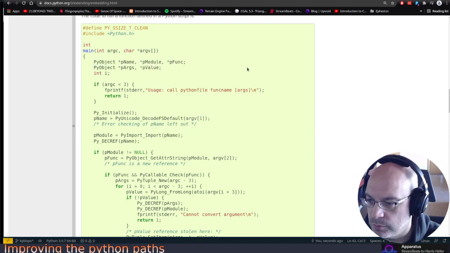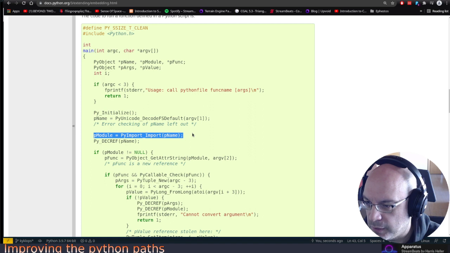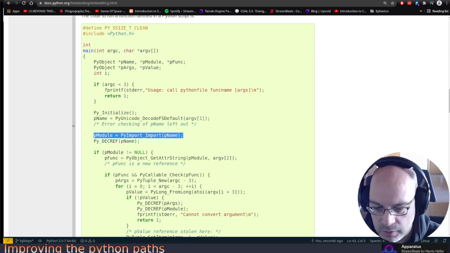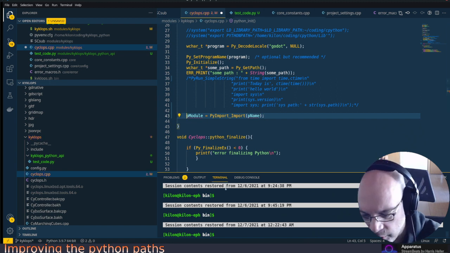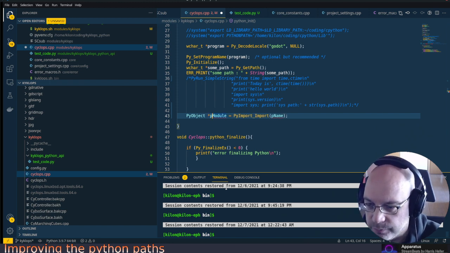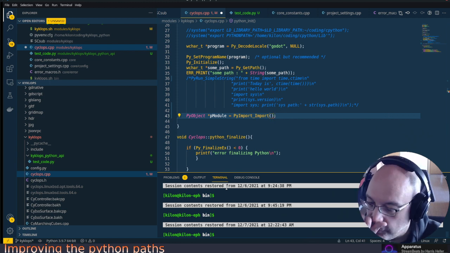So let's do that. Copy paste that. Actually, I don't need that, I can do it myself. It needs only a PyObject pointer. Okay, that's fine. That should work. So what I'm going to do is say Python. PyObject, by the way, is how Python describes a py module. And the py name here, I don't know if you can pass it